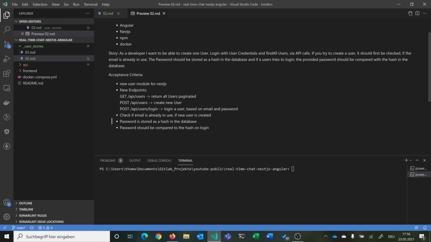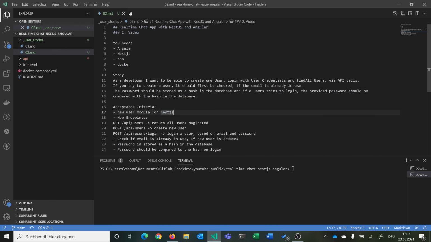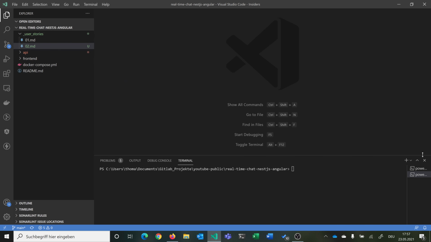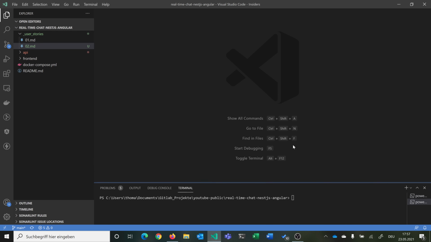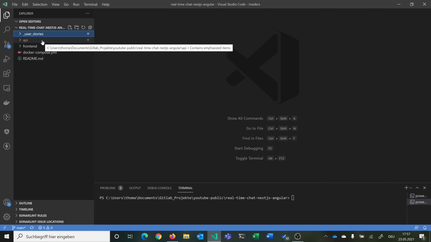We will always want to store the password as a hash in our database, so never store the plain password. And if I try to log in, we want to compare the provided password against the hash in the database. So this is basically our story. And now we can implement it. So first,